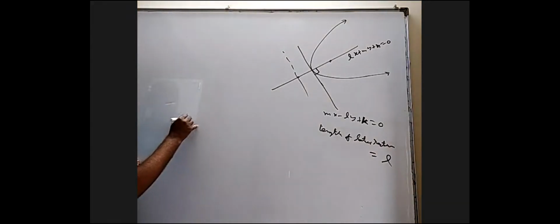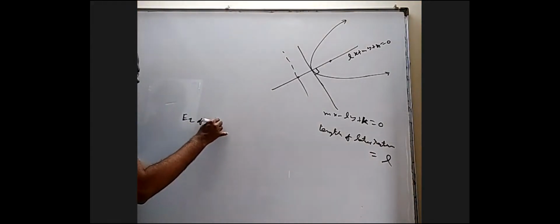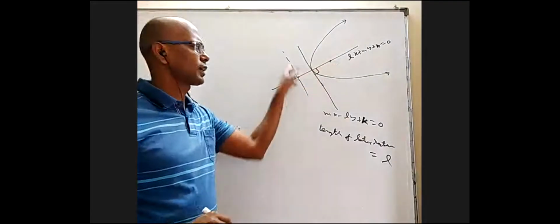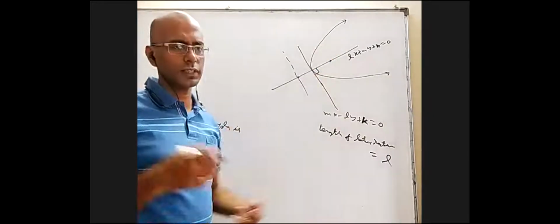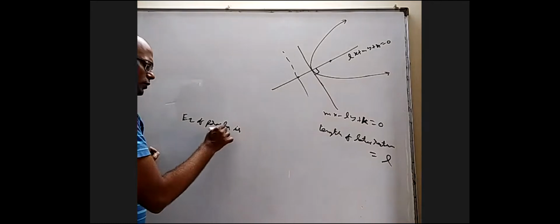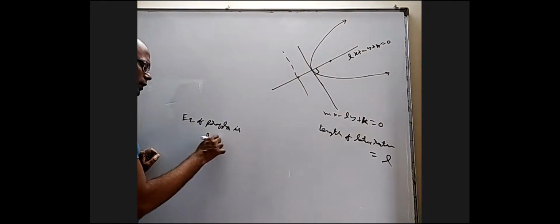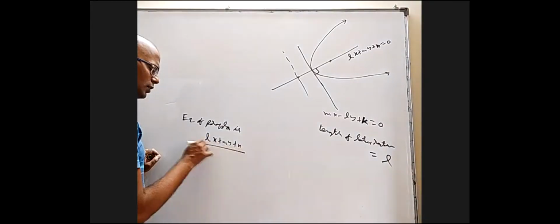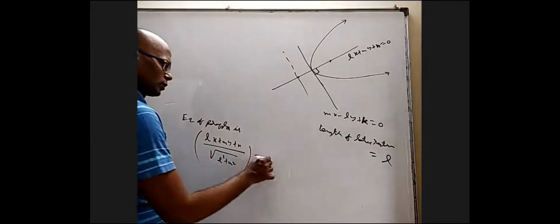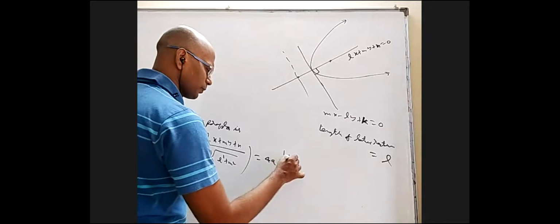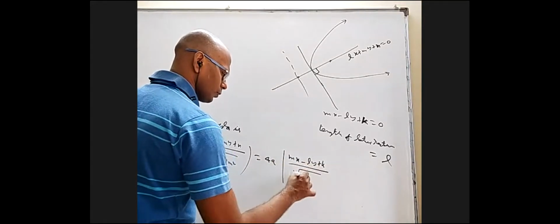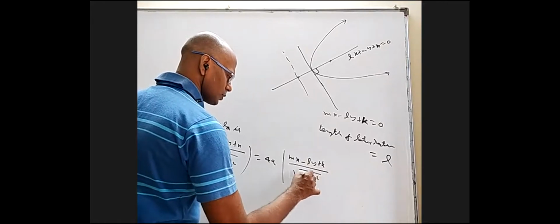If required, we can find its focus, directrix, and all that from this data, vertex and all that, but it will take quite a bit of time. Directly in one step, you can write the answer. That is (Lx plus My plus N) by root of L square plus M square, whole square, is equal to 4a times mod of (Mx minus Ly plus K) by root of M square plus L square.